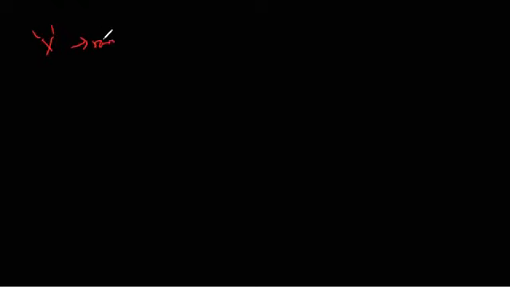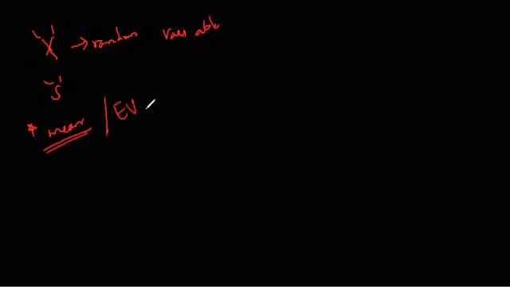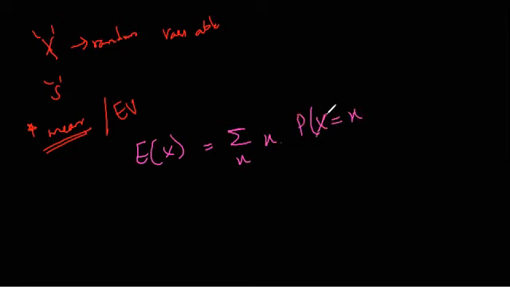Suppose X is a random variable defined for the outcomes in a sample space S. So, S is the sample space. The mean, so expected value is also known by the term mean. The mean or expected value, I am writing it as E of X, is given as E of X is equal to the sum of x into P of X equal to x, where the sum is taken